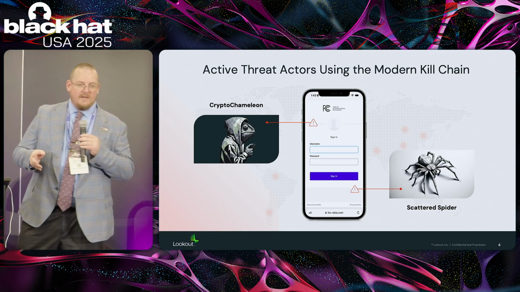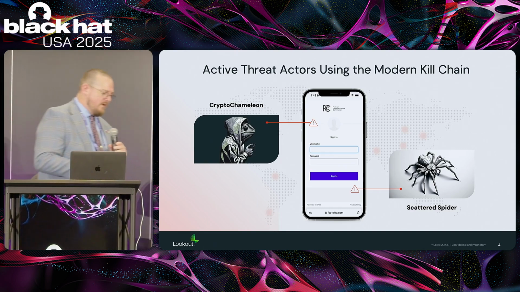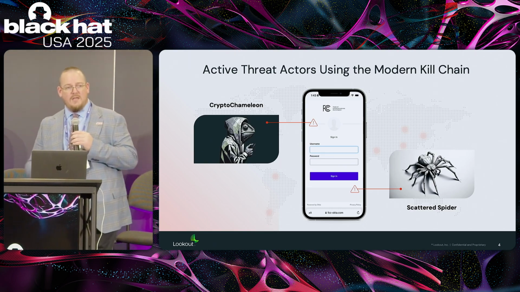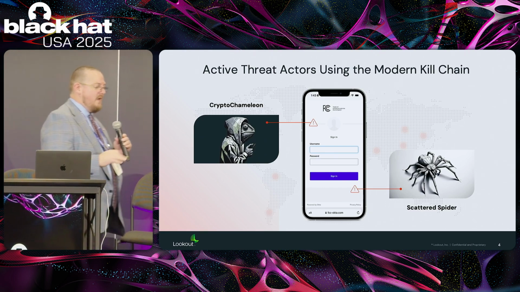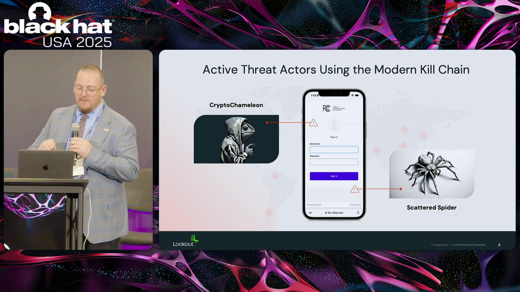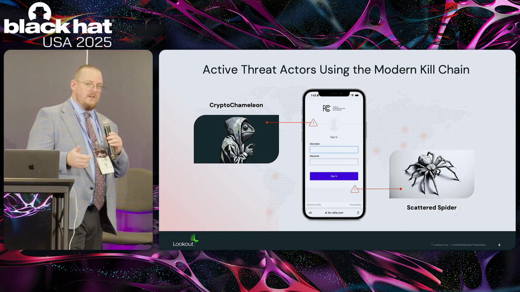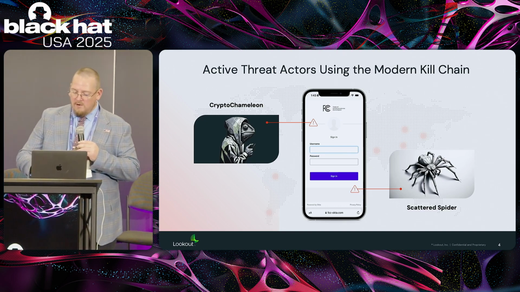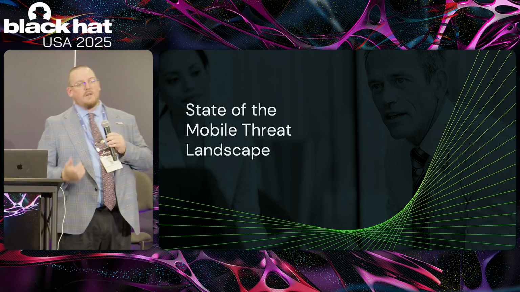We also have another threat actor that Lookout did some research on called Crypto Chameleon. This group was going after Coinbase accounts, which eventually ended up targeting the SEC, in particular with a phishing campaign going after users. They manipulated the single sign-on page to trick users into logging in, grabbing their credentials and, of course, grabbing MFA.